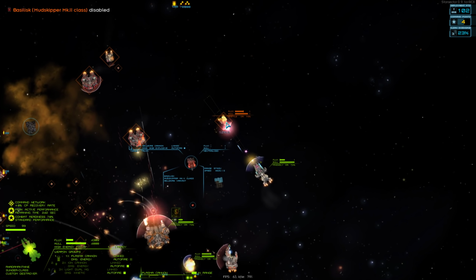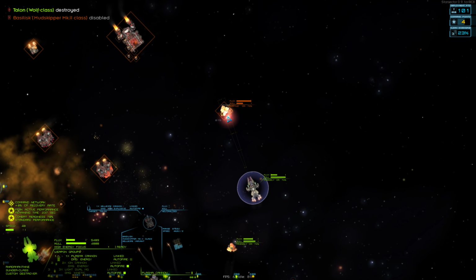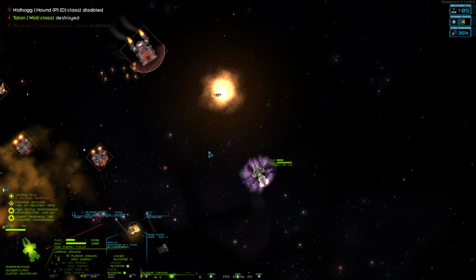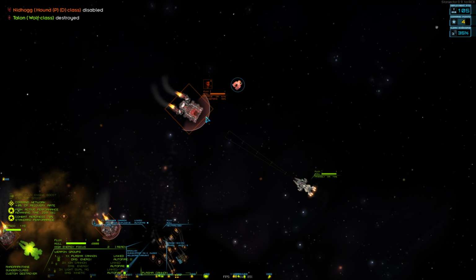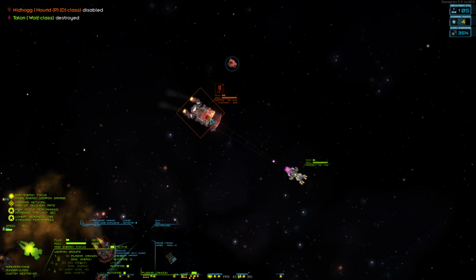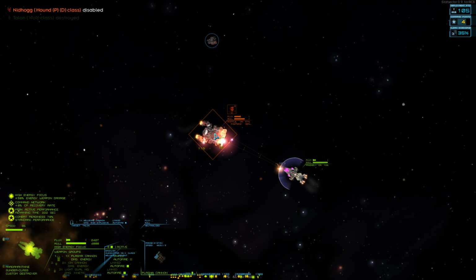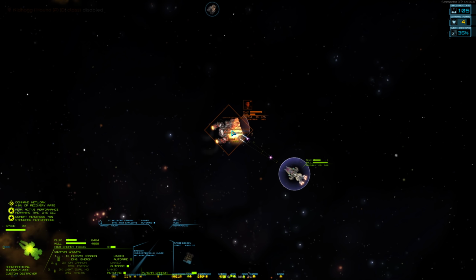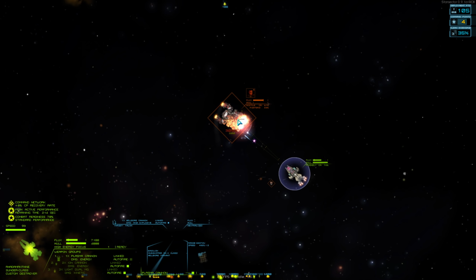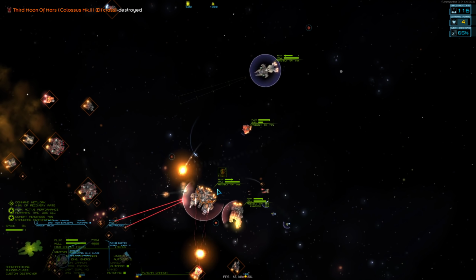I'm hanging out on the edge. And oh, my wolf just got destroyed. I'm hanging out on the edge, trying to pick off stragglers, because that's what the Sunder's really good at. This is a heavy freighter. It should not be difficult for me to slice through this thing, as you can see. Sunders are